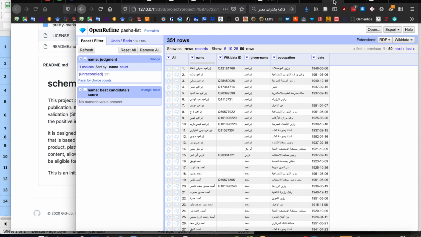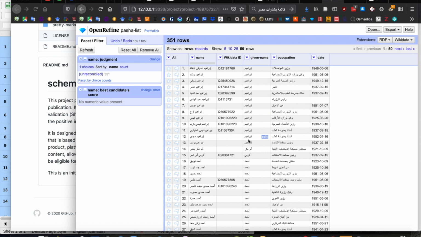English Pasha tables together. I'm going to use the date field as one key, but that's not going to be enough because there are dates with multiple Pashas appointed, and some of them share the same name, or in any case, it'll be hard to work it out. So I'm going to create a second key to help me index them, and I'm going to use given name as that key. What I'm going to do is reconcile the given name field with Wikidata, and then I'm going to get Wikidata to automatically supply the translation for these names,